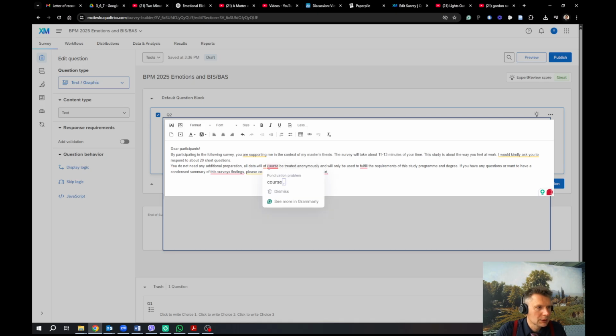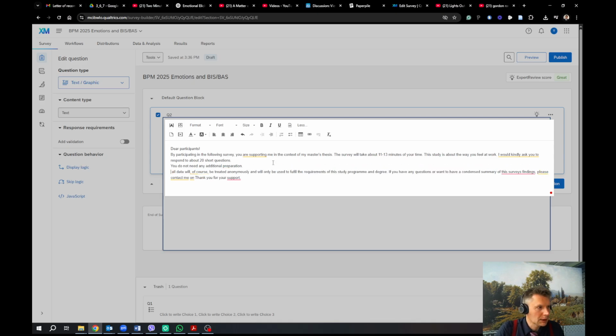All data, of course, will be, of course, it's a bit colloquial, but it's fine. We write it as a student: treated anonymously, and will be used to fulfill requirements of the study program and degree. So I would write it differently. You don't need additional preparation. Point. Okay, next paragraph. All data